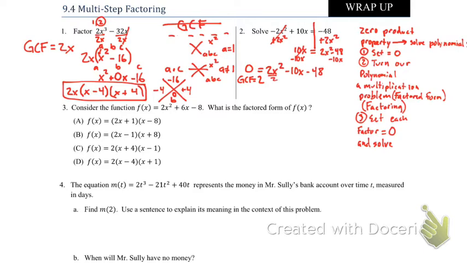2, 2, 2. So what I have now is x squared minus 5x minus 24. This goes in parentheses, and I have a 2, or GCF, multiplied in front. Okay? So now,